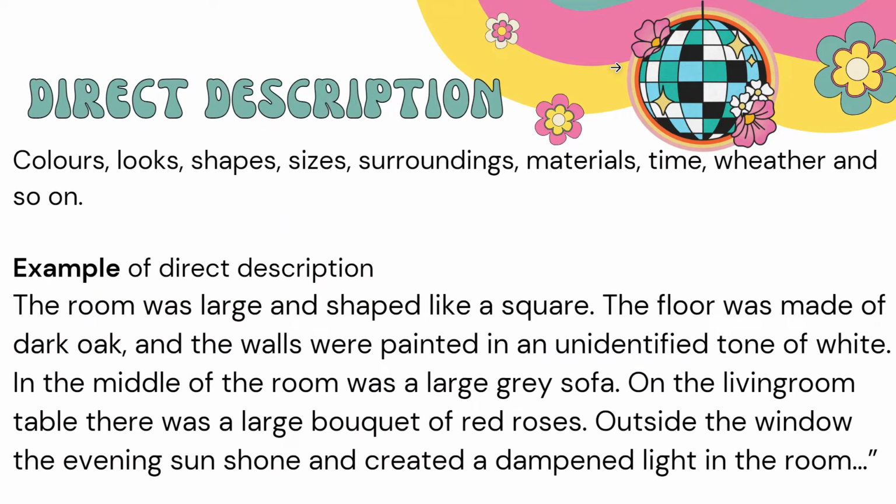First of all, we will talk about direct description. And this tells us about colors, looks, shapes, sizes, surroundings, materials, time, weather, and so on and so forth. An example about direct description can be like: the room was large and shaped like a square. The floor was made of dark oak